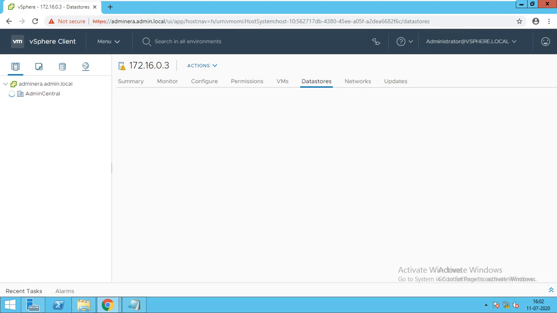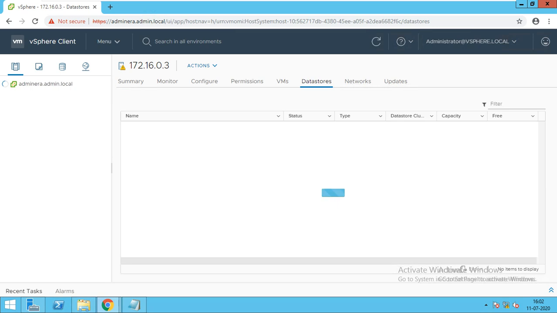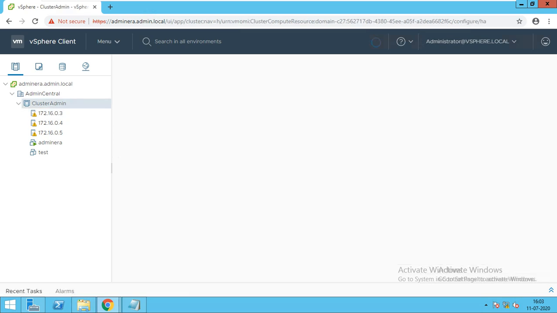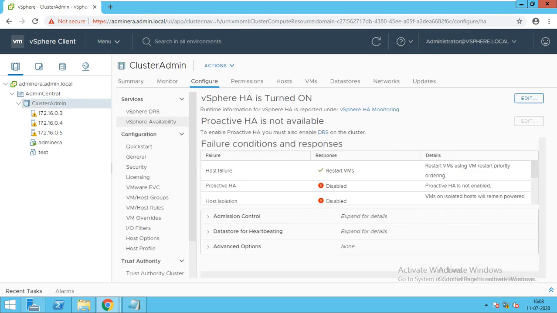So to suppress that error, so that it does not show in your vCenter, we have to do some troubleshooting, or we have to add one setting at the HA level. So what we do, we go to the cluster, go to Configure, and then go to the Edit option.